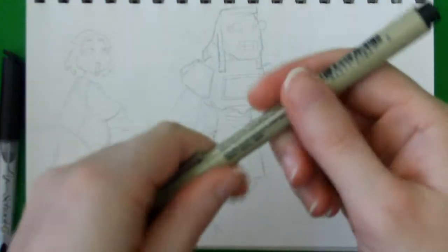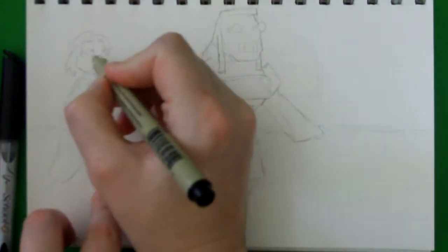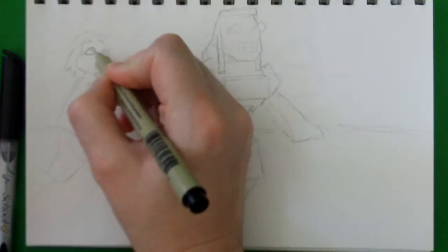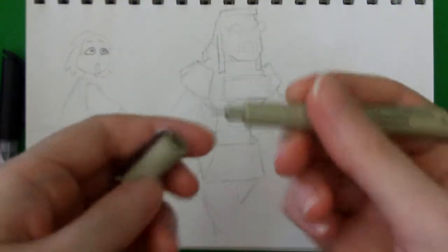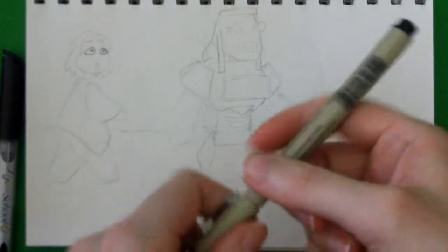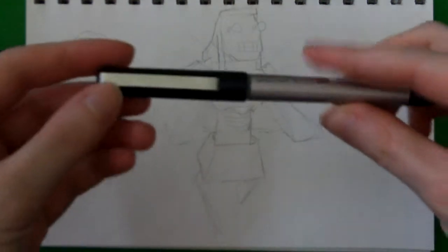The Pigma 005 is so fine, and I like to use that for eyeballs where the slightest little change in the line will make the expression very different. So I like to use those very fine pens for the fine detail kind of lines. So that, but my workhorse is this one,